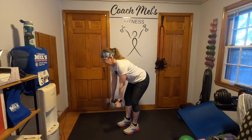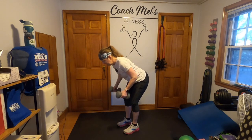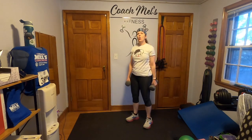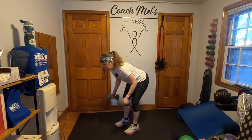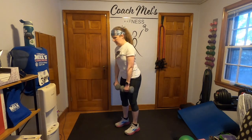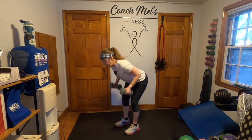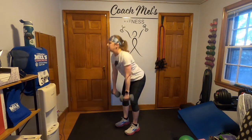5, 6, keep those weights close to your body. 7, 8, and rest. All right, hinge, row, release the row, and stand. Here we go. Hinge, palms face each other for the row, release the row, stand for 1. Hinge, row, stand. 2, hinge, row, stand. 3,